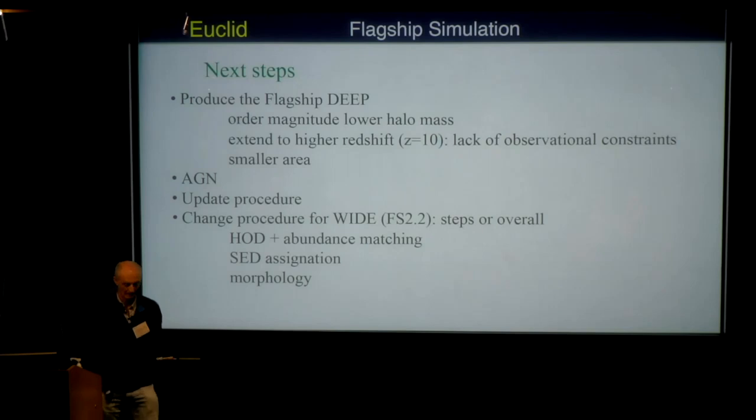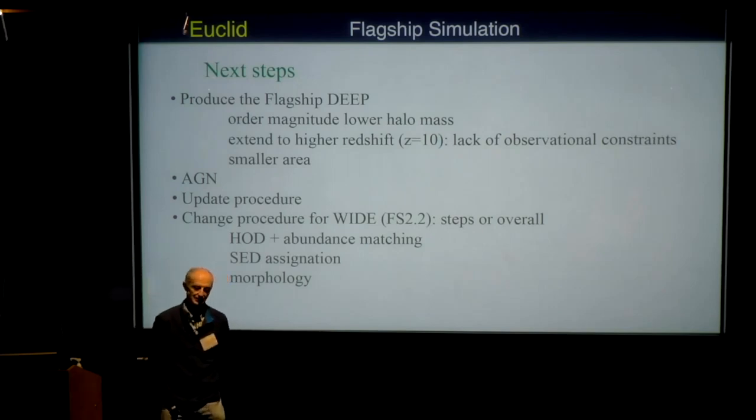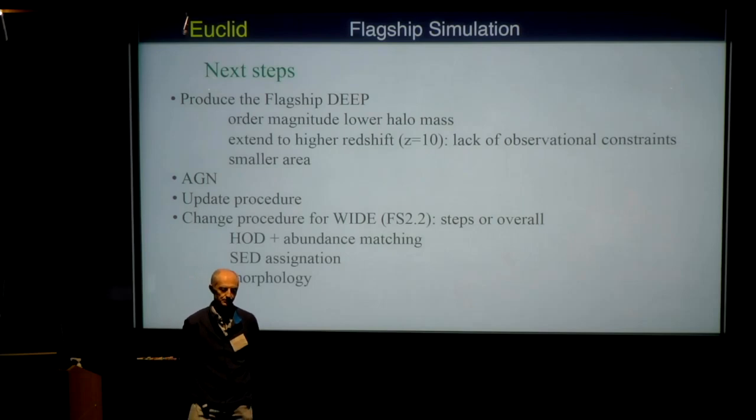If I understand correctly, you use SHAM when you have enough subhalos and you class them, and you use the HOD when the halo mass is too low. If I understand what you... No, we just use the halos, and then we populate all the subhalos from the HOD. All the subhalos are from the HOD. Yep. So, okay, maybe I can talk later.